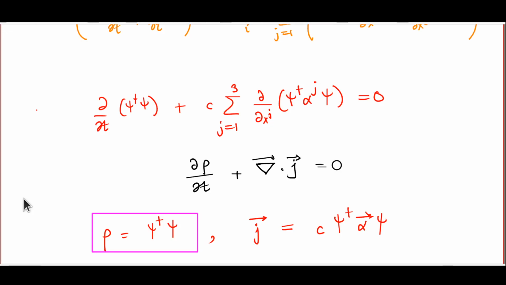Let me remind you that the equation del rho del t plus divergence of j equals 0, the so-called equation of continuity, actually implies that the integral of rho over all space is conserved. And this actually means that we have a very nice way of interpreting psi dagger psi as a density of a probability for the particle to be directed somewhere, just like we did in the non-relativistic case. So at least one of the major stumbling blocks which the Klein-Gordon equation suffered from, the non-existence of a positive definite probability density,